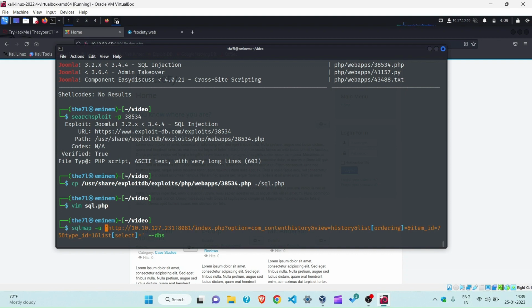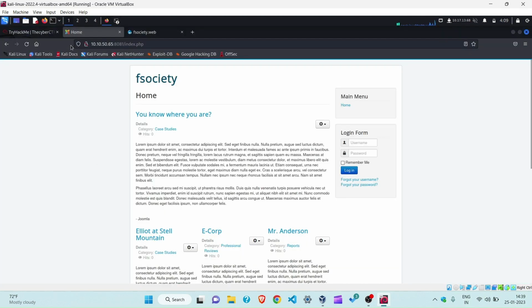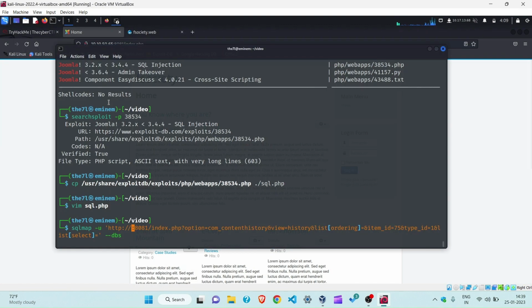You have to copy the whole thing and change the IP address. Previously I got this IP address, as you can see, and now I got 10.10.50.65, oh, that's fancy, and port 9001. From index.php onwards, we copied the same thing from the exploit 38534.php